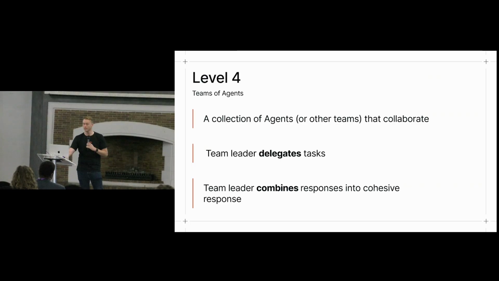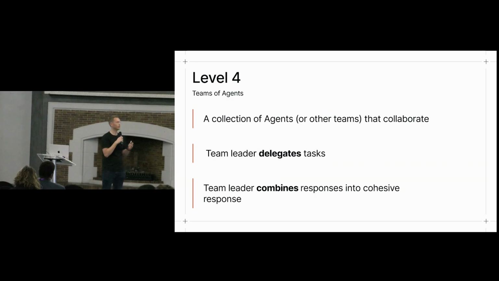Okay, next level, teams. All right, so we've built single agents. A big problem with single agents is you might be tempted to give it all the tools in the world to solve any problem that you can throw at it, or give it massive pieces of instruction because you want it to deal with any case that you throw at it. But LLMs have a limited context window. It can only handle so much information before it gives up and gives you very inaccurate answers. So a more effective strategy is to have single agents with single responsibility with only the few tools that matter to them, and then put them together in a team.